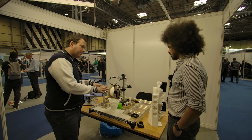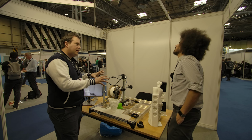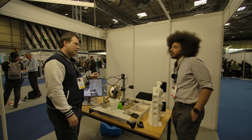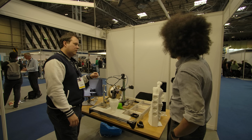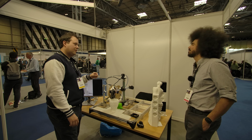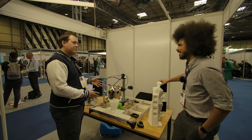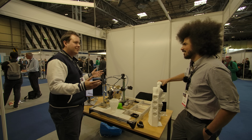So have you got papers published on this already? I am writing the papers at the moment. I just have to take a little bit of a break because I need to go back to write my PhD thesis, which is in a completely different field. Especially when you built this in January, it feels like your PhD you'll just write in a weekend and just...